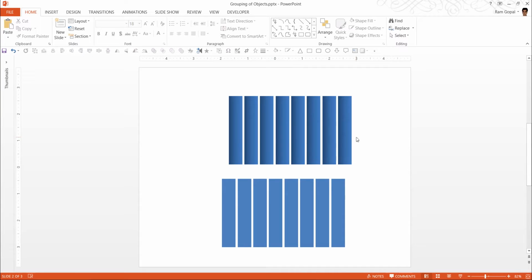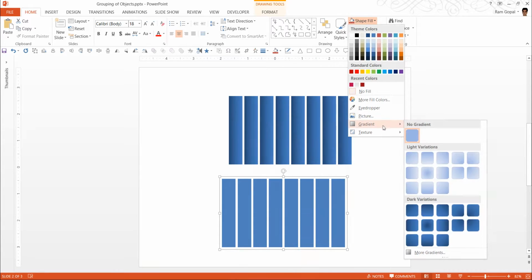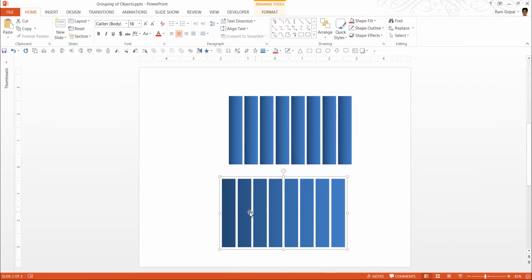For every individual panel, the color goes from dark to lighter variation. Whereas for this group, if I apply the same gradient fill, you can see that the gradient gets applied evenly over these various panels. It starts from the darker color here and goes to lighter variations in a much smoother fashion.